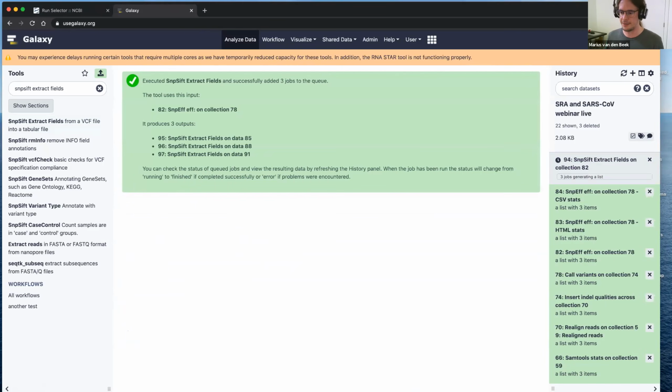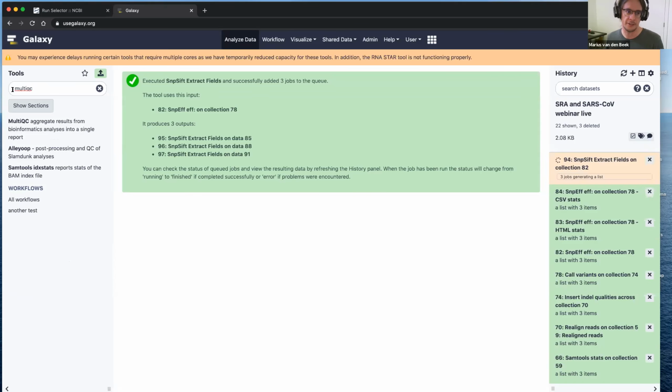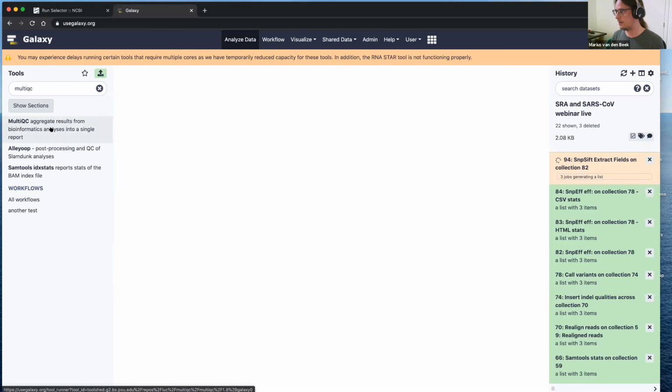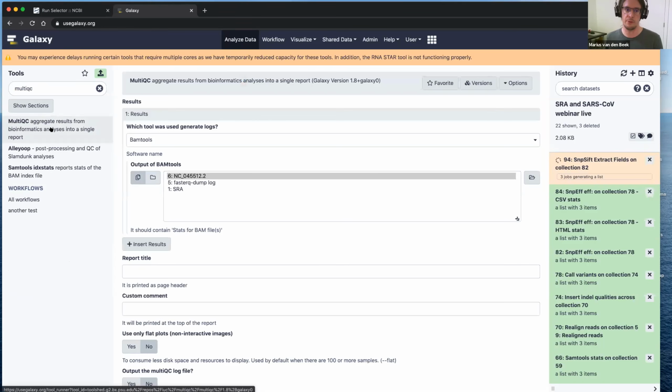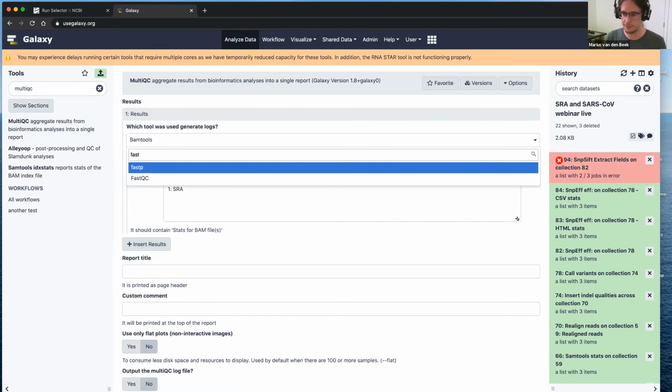So this is the last step that generates data. Now we're going to summarize what we've generated so far using MultiQC, which is a very great tool for generating this kind of report. So we have results from fastp, which was, oh,